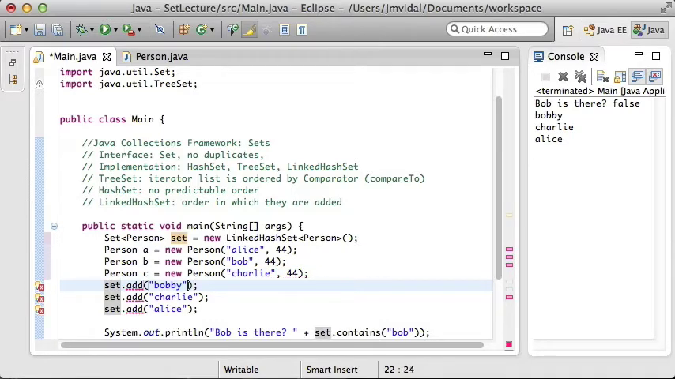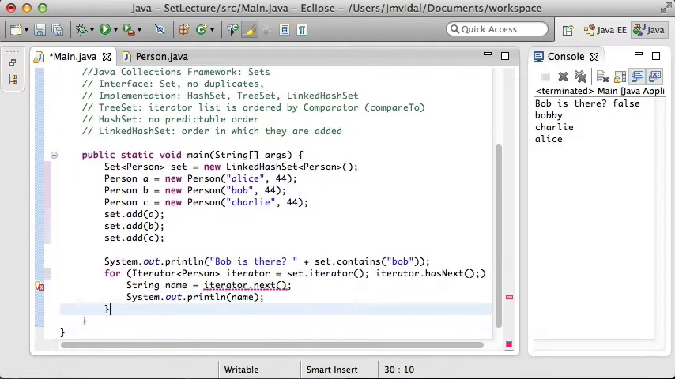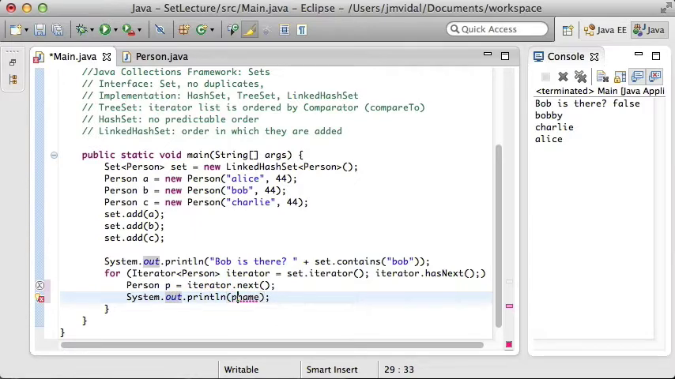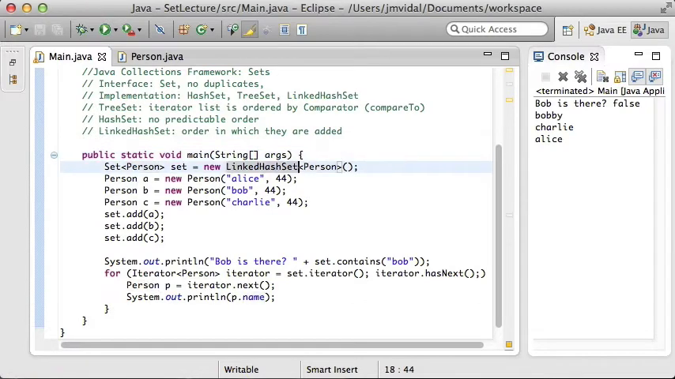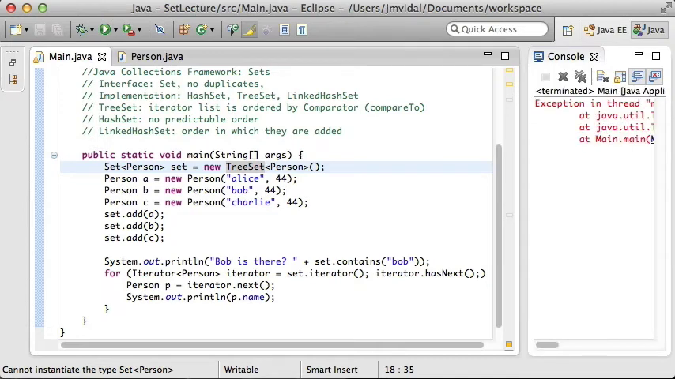Okay, so then I'm ready to add A, B, and C. So I can add those three, and then now it's no longer a string, but it's a Person. It's our name. It's a Person. And then I want to print out the person's name, right? And I'm going to go for the TreeSet to start with. TreeSet to show you. So the TreeSet is ordered, and